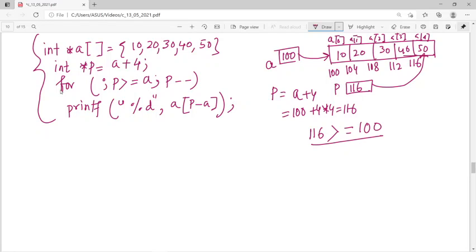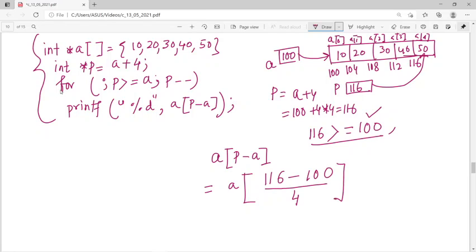যতক্ষণ পর্যন্ত এই কন্ডিশন স্যাটিসফাই করবে, your program is running, and every time it will be decremented, and you are printing the value of p minus a. Now what do you mean by that? A is 100, P is 116, and since we are dividing by 4, so 16 by 4, 4 of 4, so it will print 50 at first. Yes, so first 50, then 40, then 30, তার মানে 50, এবং পরবর্তীকালে কি হবে, এর ভ্যালু কমে যাবে।